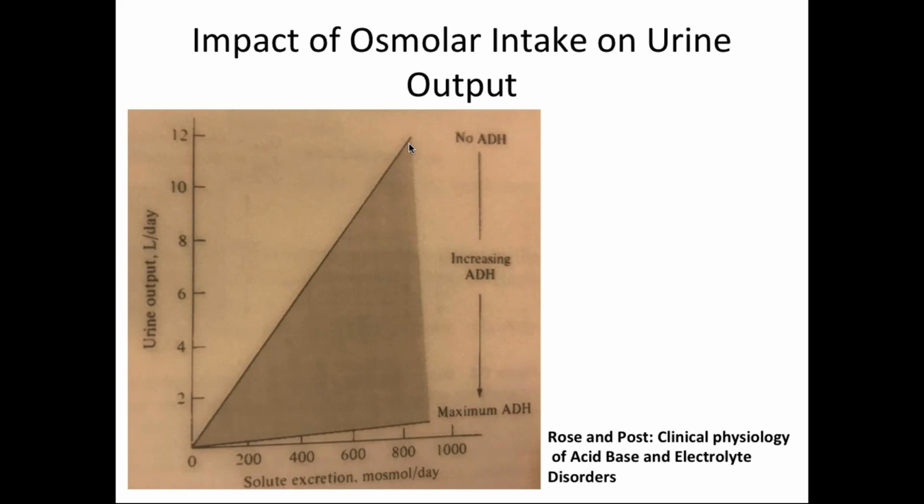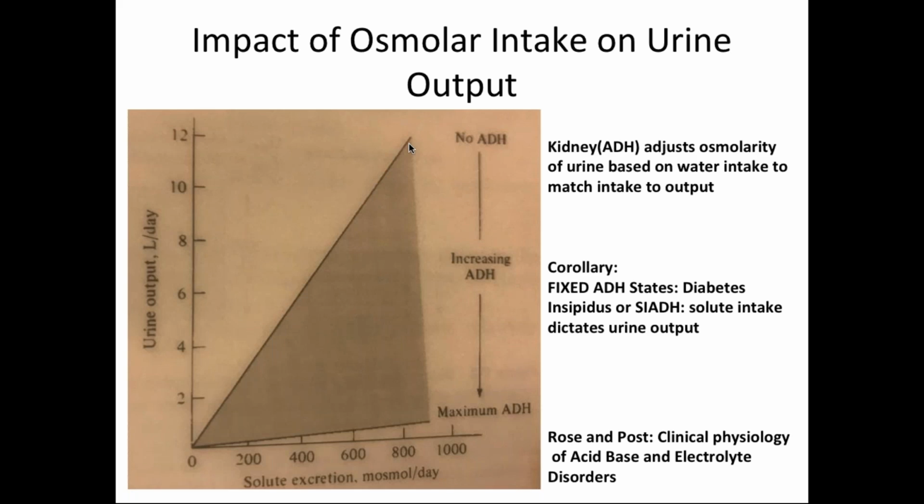So as the water intake increases, ADH goes down and the urine output goes up. If you decrease your water intake, the urine output will go down by concentrating the urine with an increase in ADH. So the kidney, with the help of ADH, adjusts the amount of urine by osmolarity and matches the intake to the output. So if you look at the graph here,